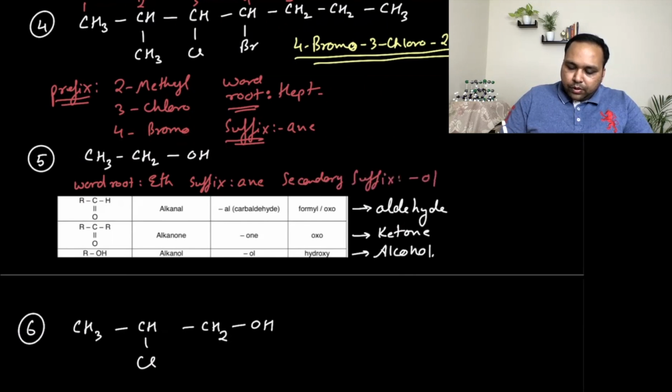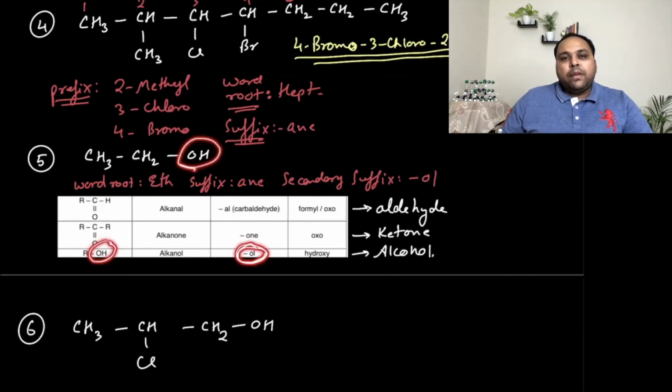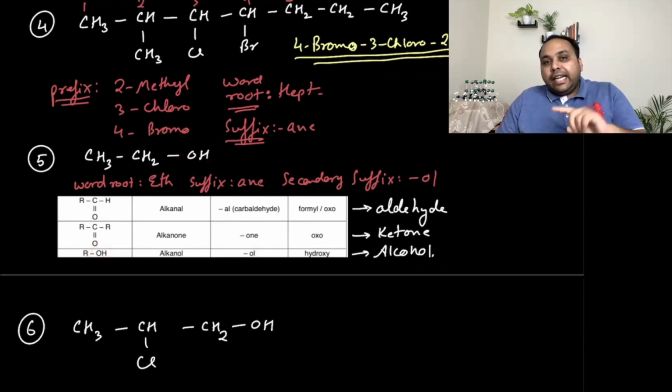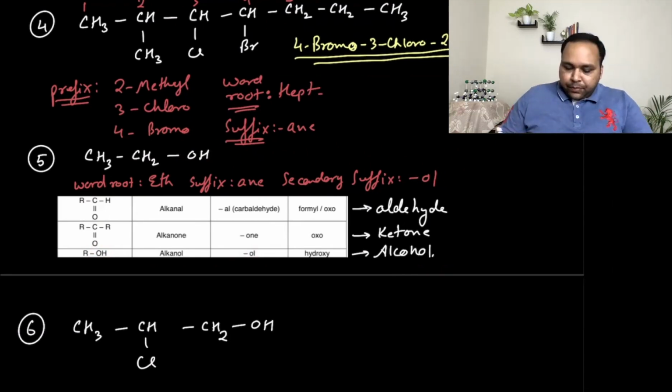as ol, because you have a functional group OH attached to it, and we have seen that it uses a suffix ol. So functional groups are added at the end of the name of an organic compound. So the substituents go as prefixes, and functional groups go as suffixes. So let's join these and write the name, and we'll see how to use this rule in our next example as well.